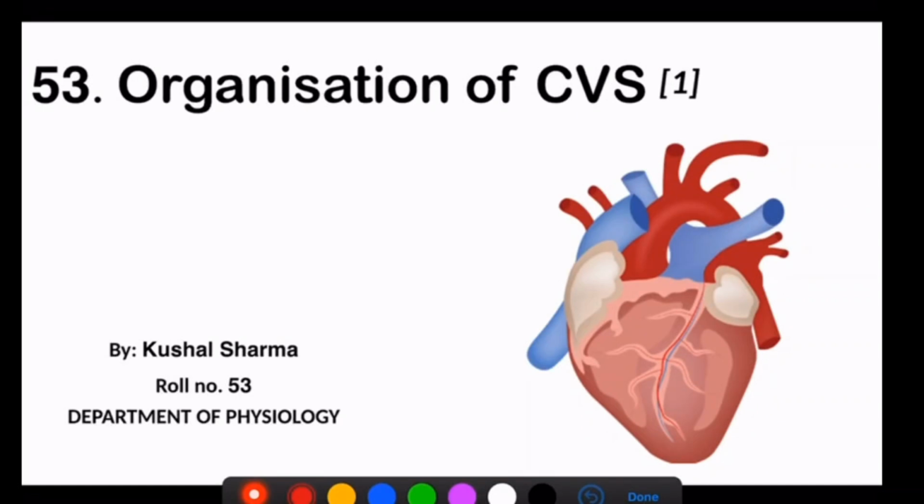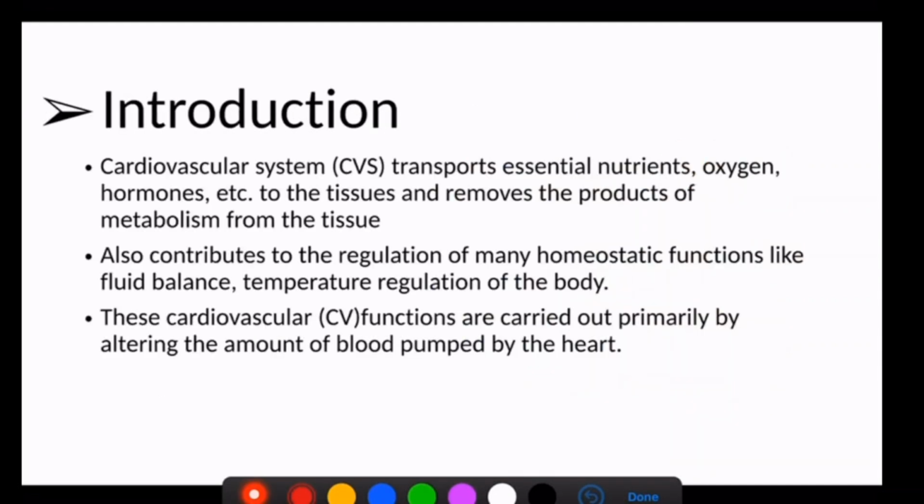Organization of CVS, Part 1. Introduction to the CVS. The cardiovascular system transports essential nutrients, oxygen, and hormones to the tissues and removes the products of metabolism from